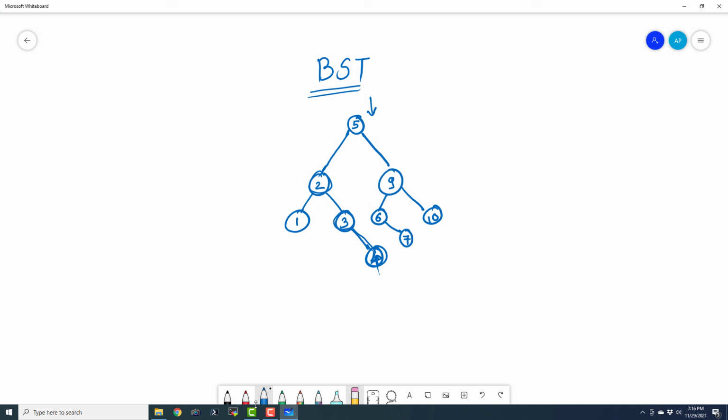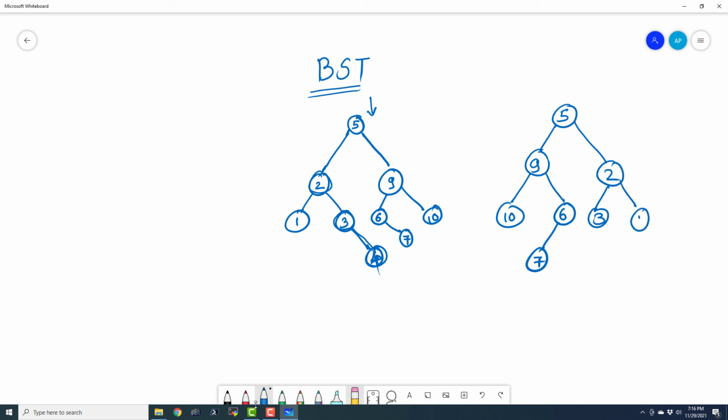And you can actually have a mirror of this tree, and still that will be a binary search tree. So it will be a mirror binary search tree, and the condition for the search is going to be reversed. Okay. So you can have a tree like 5, and let us build its mirror 9, and then 10, and here I'm going to say 6, and here I'm going to say 7. Similarly, 2, 3, and 1.